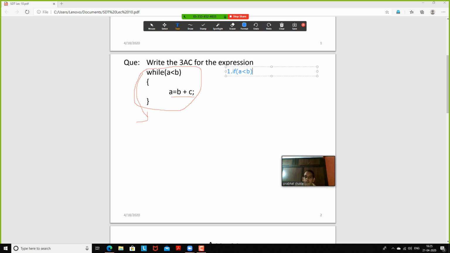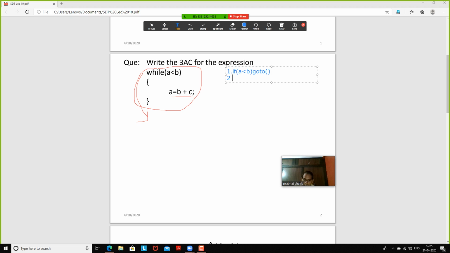So if a less than b, then go to label, and I will define a go to label later. In the second step, as I have already told you, the second line after an if statement is treated as an else. So whenever a less than b is false, the second line will be executed.